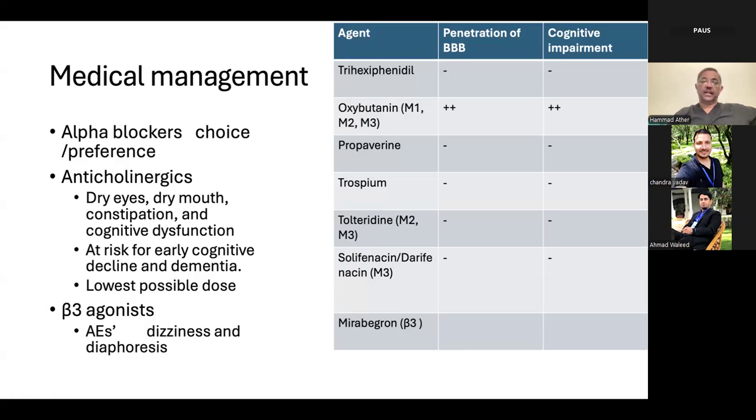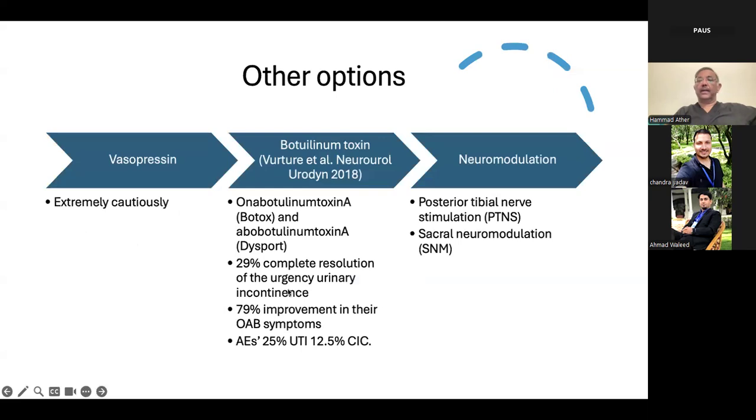Parkinson's disease in particular. So the beta-3 agonist mirabegron is perhaps a safer drug in patients with Parkinson's disease. The adverse events include dizziness and diaphoresis, which is seen with mirabegron. What about some of the other options? And we know that vasopressin can be used, particularly if there is nocturnal polyuria, but it should be used extremely cautiously